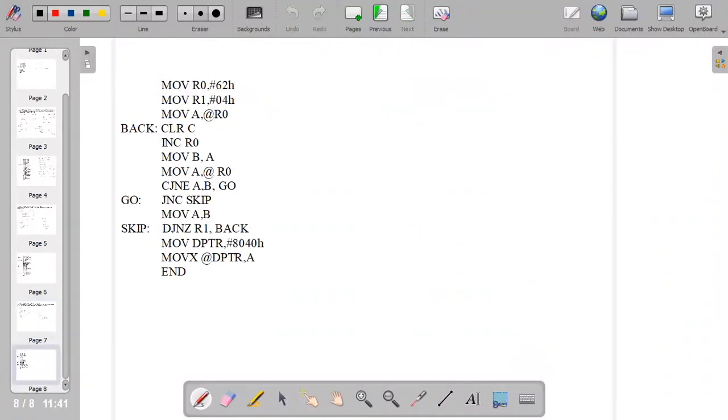So we have the register R0 used to access the memory location 62H to 66H, and R1 is the register used to keep track of the comparisons.